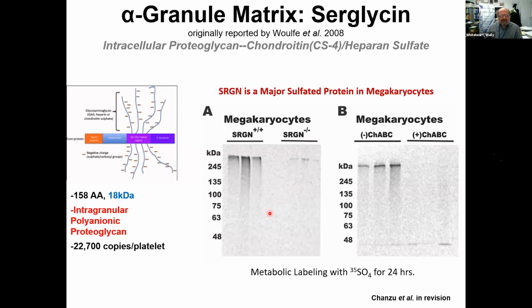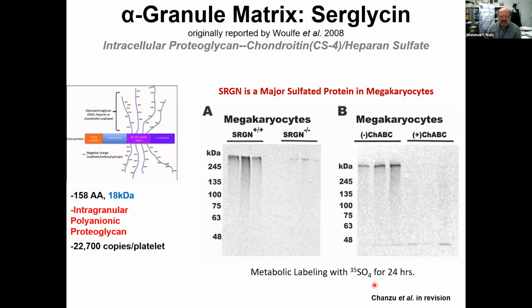But one of the interesting features of this, and this was a very simple metabolic labeling experiment, where we took megakaryocytes from wild type or serglycin knockout animals. We just incubated them with S35 sulfate to label the sulfated glycosaminoglycans that would be part of the heparan sulfate, the chondroitin sulfate structure. And one of the things that was a surprise is that serglycin is one of the major sulfated species in megakaryocytes. We are actually not expecting that, but it's one of the dominant species that we saw